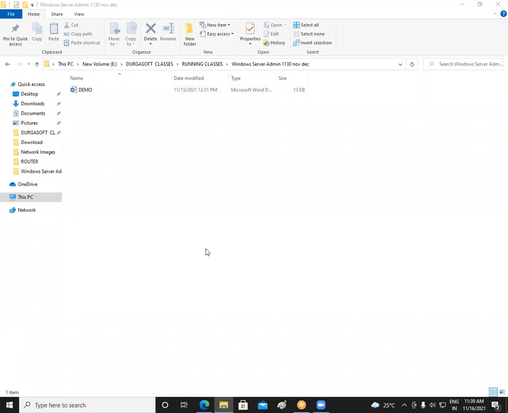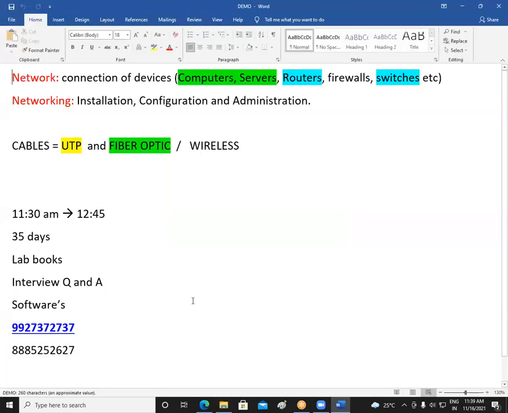So, yesterday was a very basic session. What we did yesterday, we just tried to understand the concept of network and networking, and we discussed some devices. We have not discussed much about the devices, we will see that today. But we know these are the devices we use in computer networks. We also discussed something about cables, that is UTP cable and fiber optic cable, and we will see more about these cables in coming classes. Okay, so let us start our session now and see more about the devices.